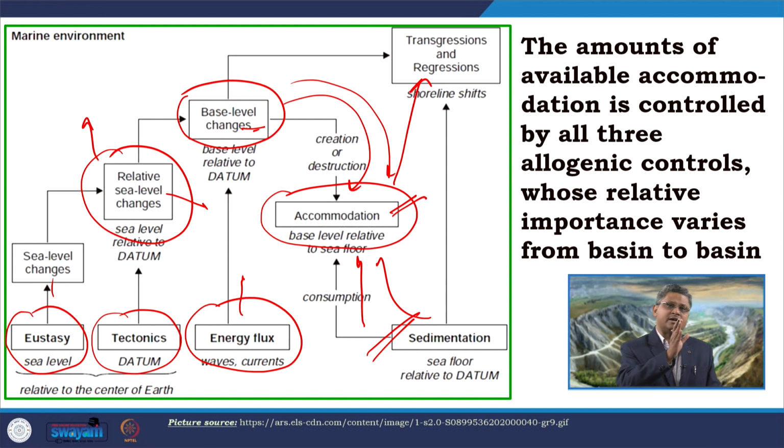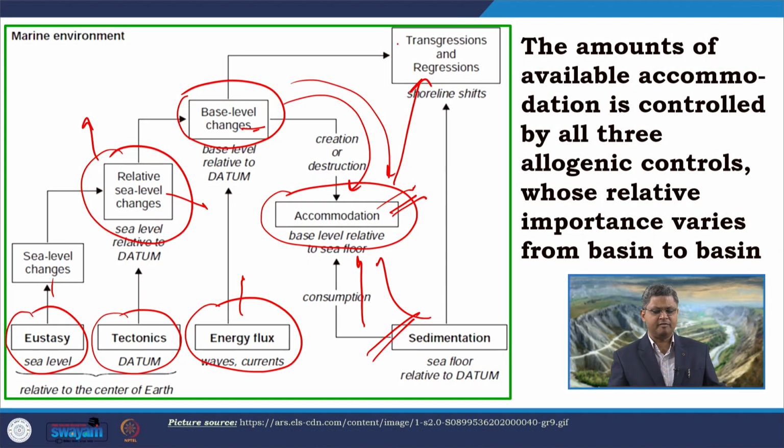So, when we are discussing eustatic sea level change and relative sea level change, all these are actually linked together and they act in a coherent way to control the base level position in a particular marine basin. That base level position, when associated with the energy flux, the amount of sediment coming into the system and how much it is getting reworked, will control the final accommodation and the value of this S plus W on the right hand side. So, that S plus W factor will control whether there will be transgression or regression.